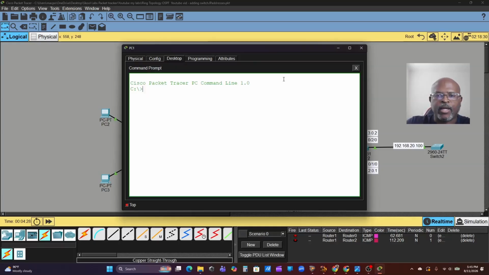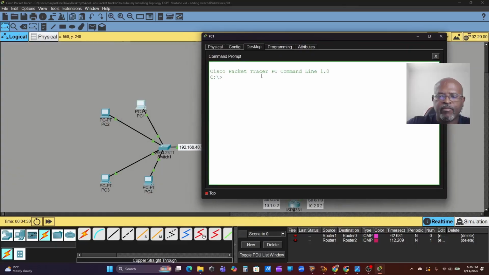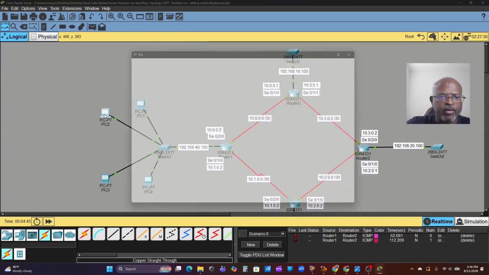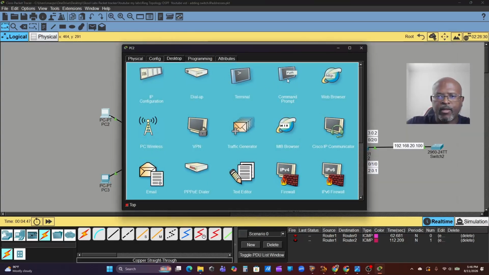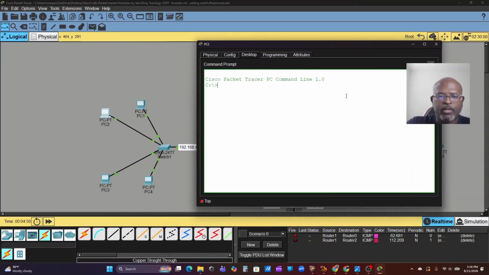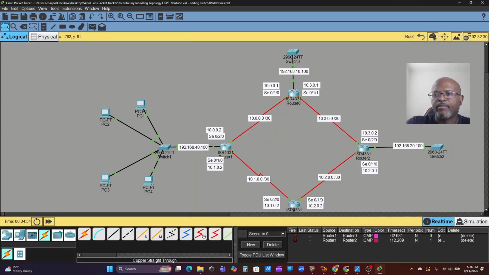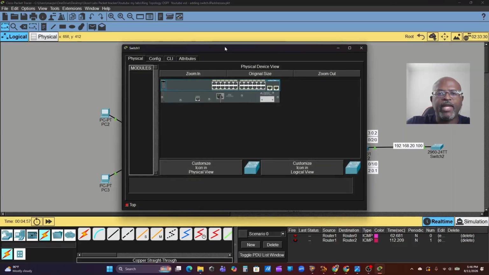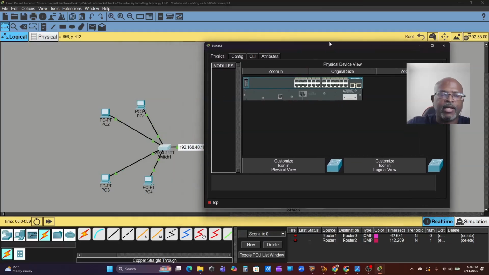I could briefly show you. This is PC1. We can ping, I already gave these IP addresses, we could ping PC4, which is 192.168.40.4. And you can see right there's no problem pinging. Then PC3 can ping PC2, and so on. But if we created a VLAN, which would segment the network,